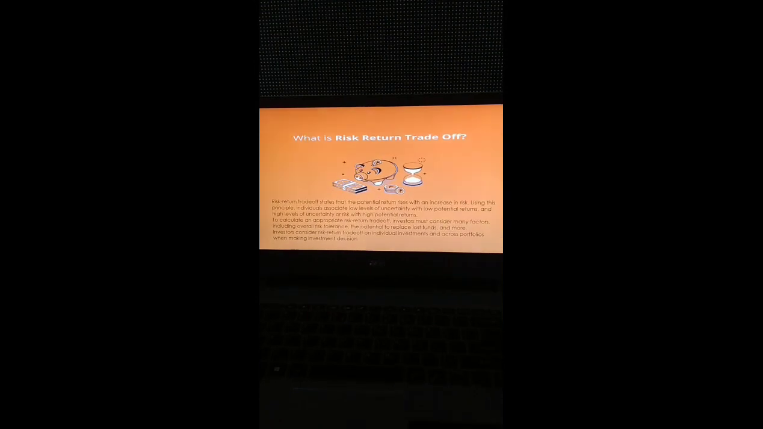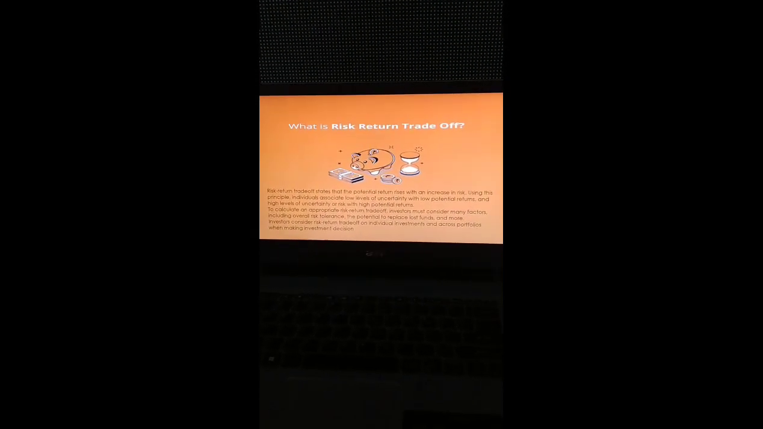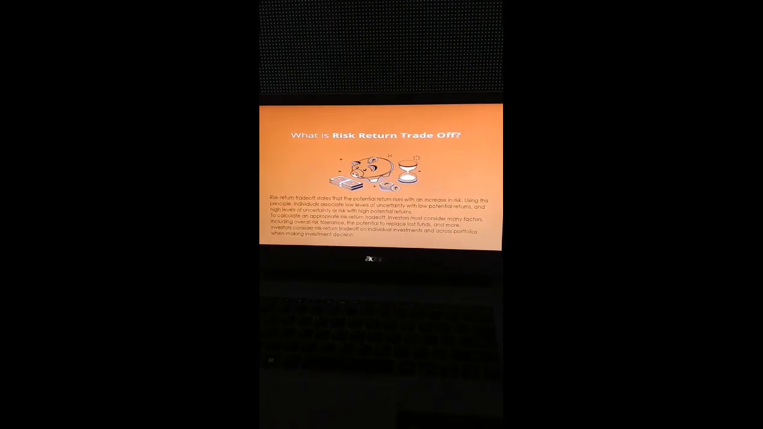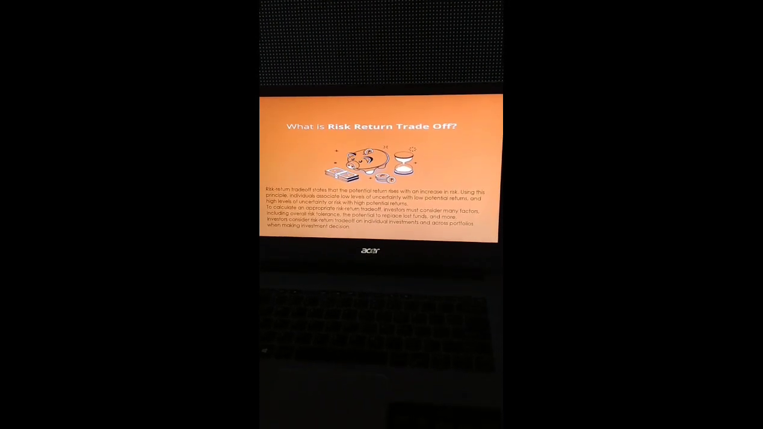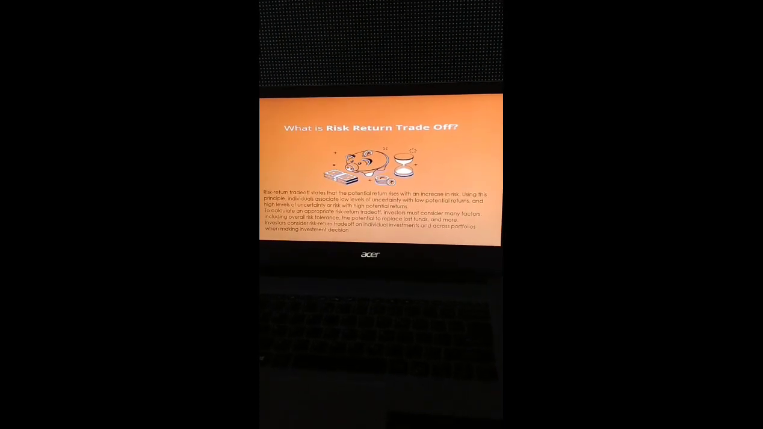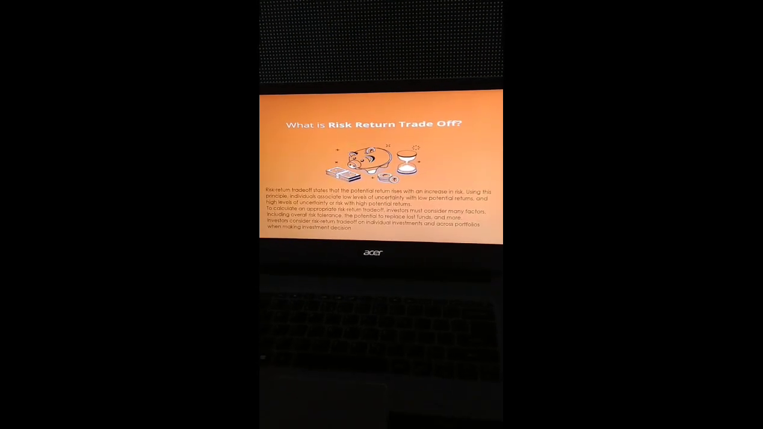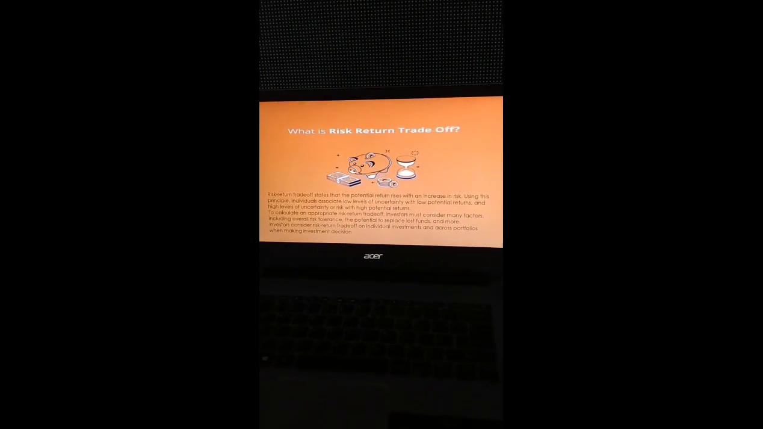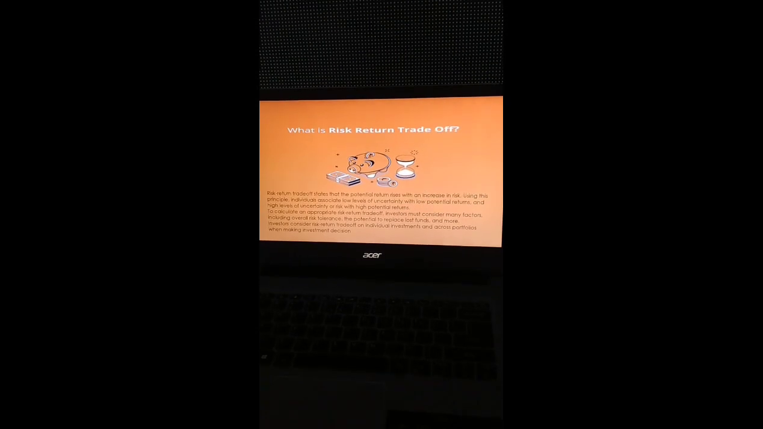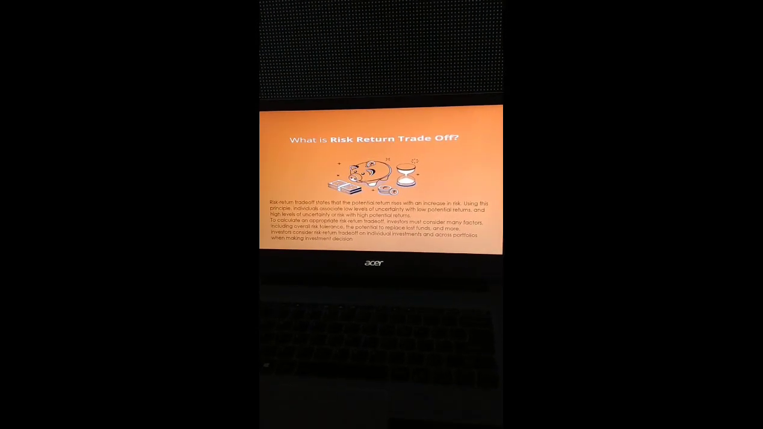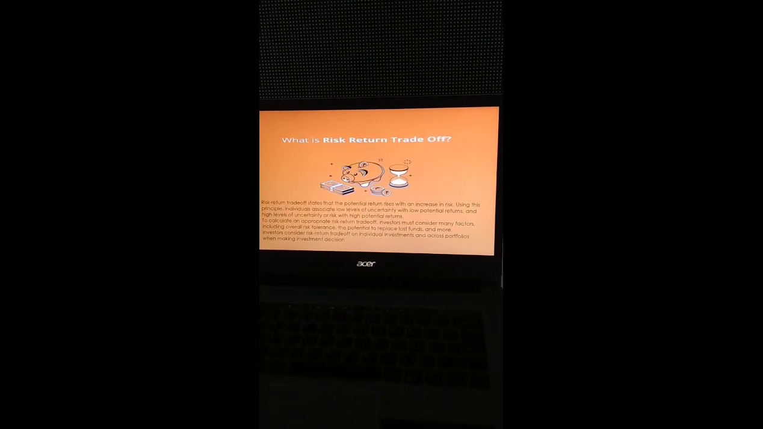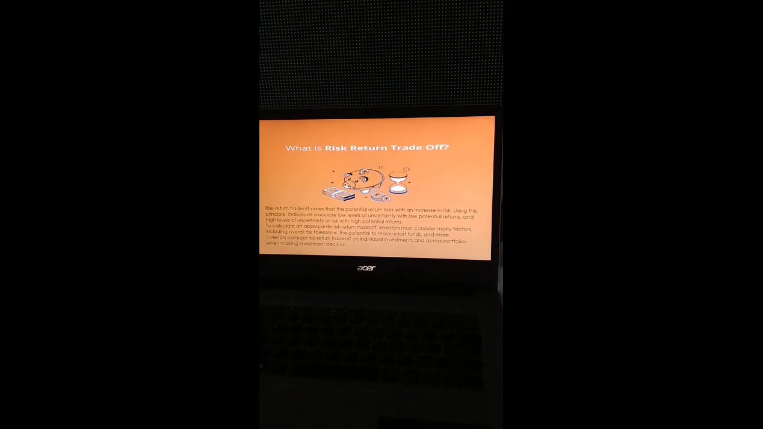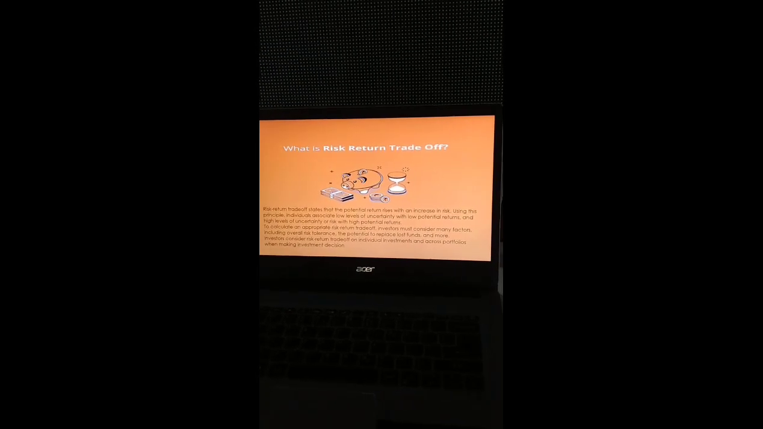What is risk-return trade-off? Risk-return trade-off states that the potential return rises with an increase in risk. Using this principle, individuals associate low levels of uncertainty with low potential returns, and high levels of uncertainty or risk with high potential returns. To calculate an appropriate risk-return trade-off, investors must consider many factors, including overall risk tolerance, the